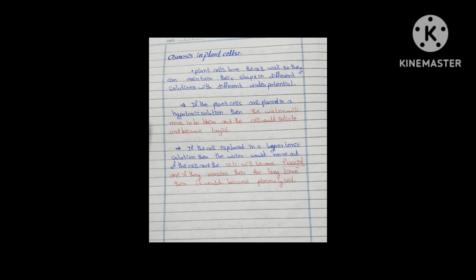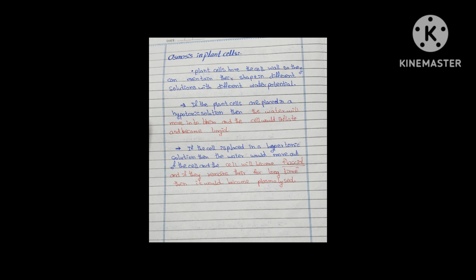As a result of this support provided by the cell wall, if these plant cells are placed in solutions having different water potential, they will not burst, they would maintain their shape. It's really interesting how they would react if they are placed in different solutions. If they are placed in an isotonic solution, nothing will happen to their shape. But if they are placed in a hypotonic solution, meaning it has more water concentration, then the water